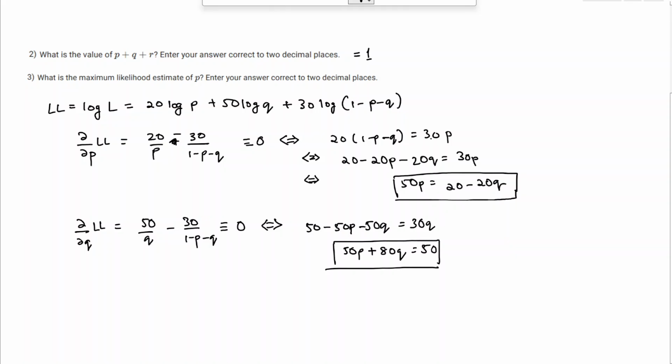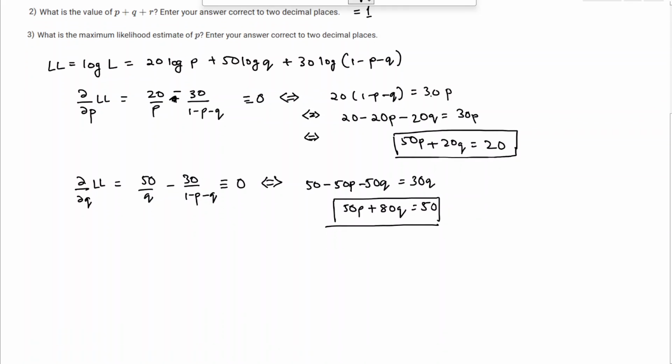And this equation here can be rewritten as 50p plus 20q equals 20. Now we can say, okay, using these two equations, right? What we can say is that 60q will be equal to 30, which means q is equal to 1 by 2, and p is equal to